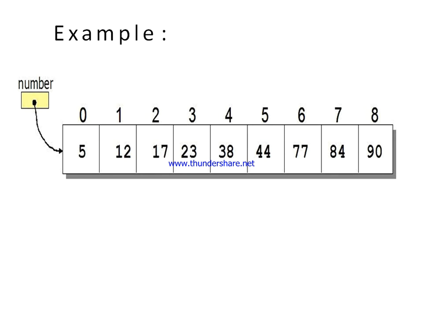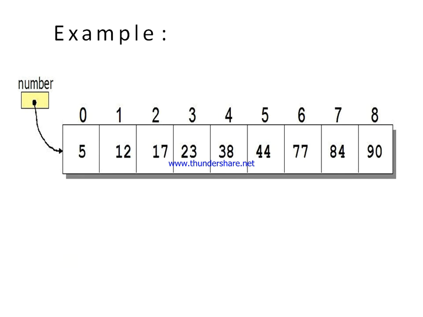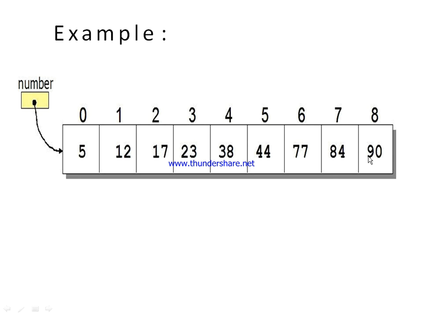So here you can see the list, and these are the index positions. Here we have to search for an element. For searching, you first divide the list into two halves. There are 9 elements in the list, so you can divide it by calculating the middle element. The list should already be in sorted order. We can calculate the middle always by considering low plus high divided by 2.